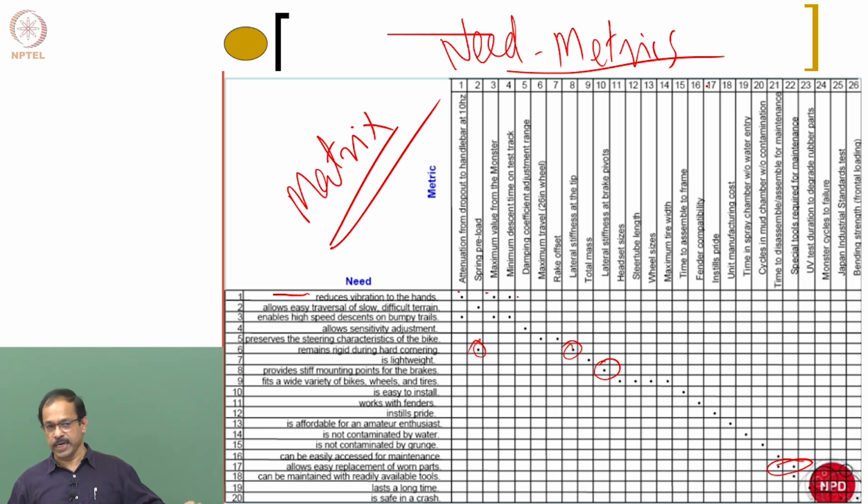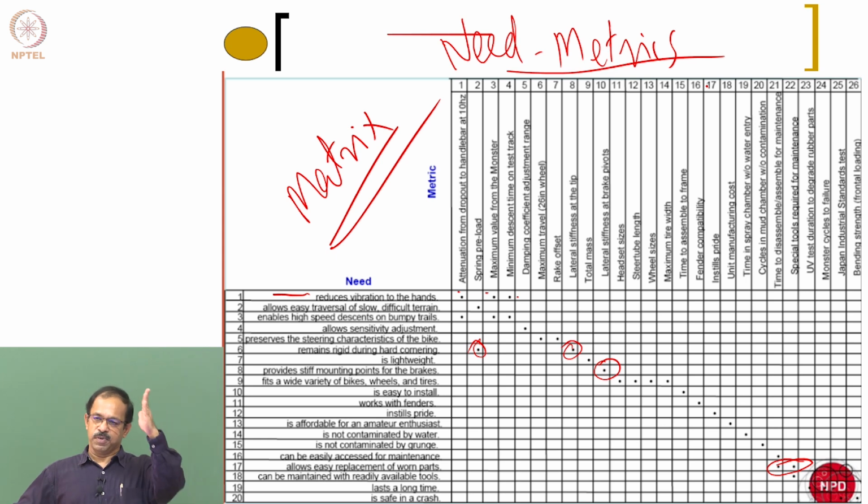Okay, so let us look at what we have learned so far. When we start the design process, we first try to understand customer requirements. We go through the raw data, and from the raw data, we convert to interpreted needs. From interpreted needs, we prepare a needs list, and we give the importance of each need also. Once we identify the needs, we go to the next step, where we try to convert the needs into design specification.